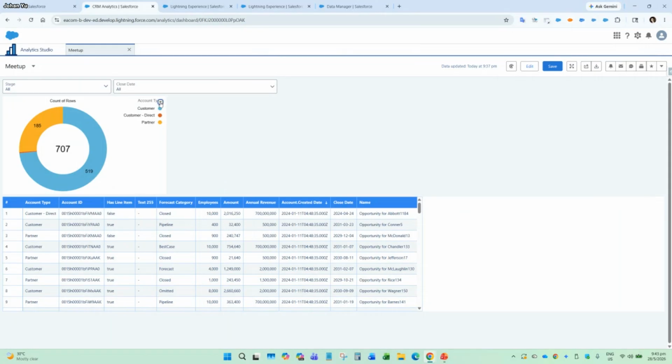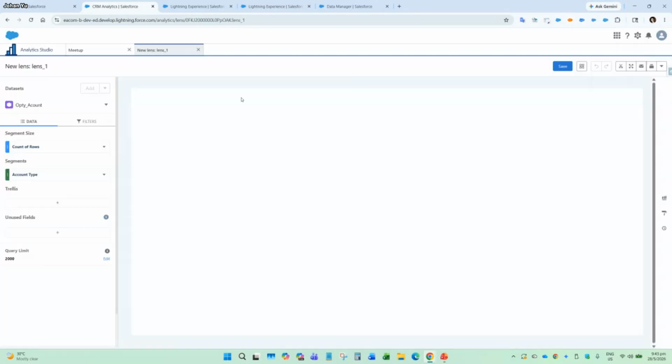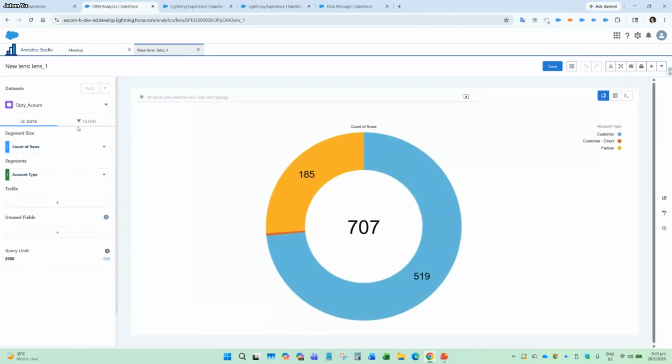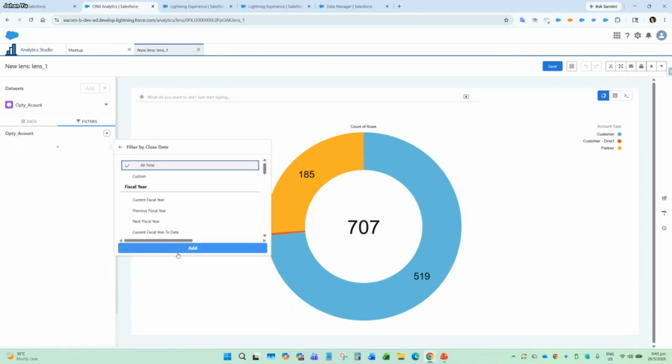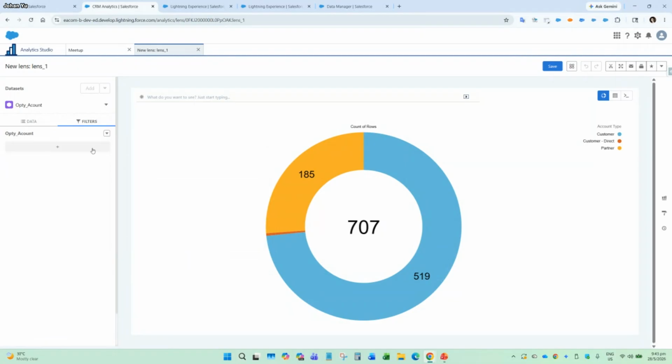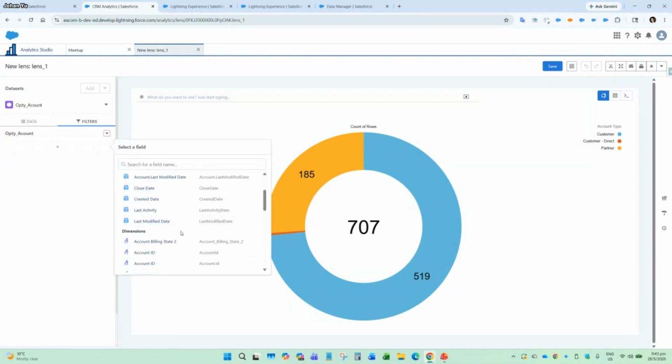And so I can explore this. I can explore this lens. I want to add filters here. Our users can do the filters by themselves as well. I want to filter the close date. Oh, it's not a good one. Not close date. I want to use the